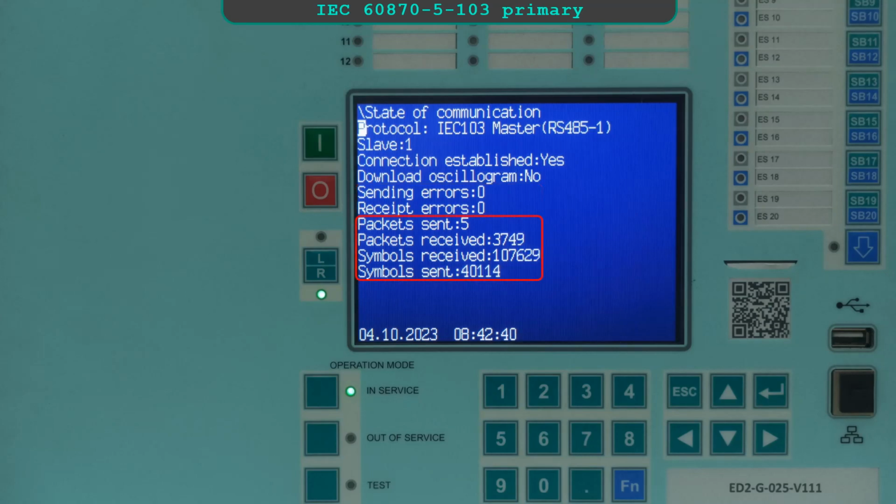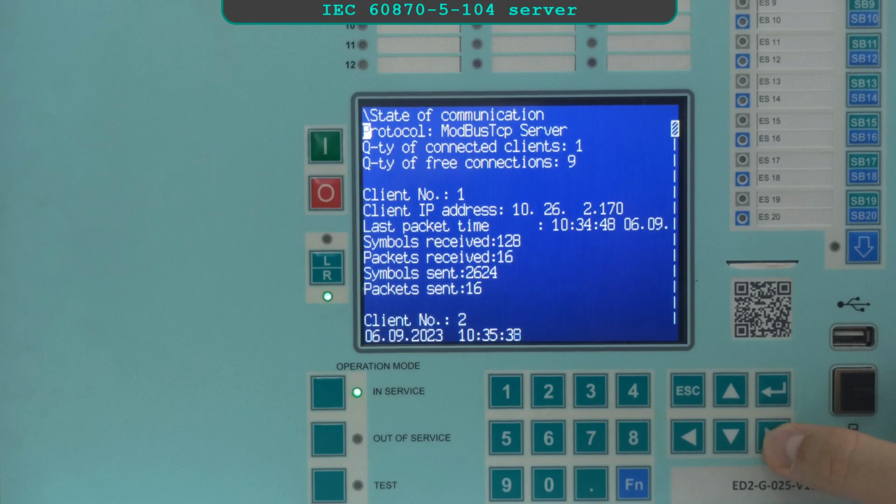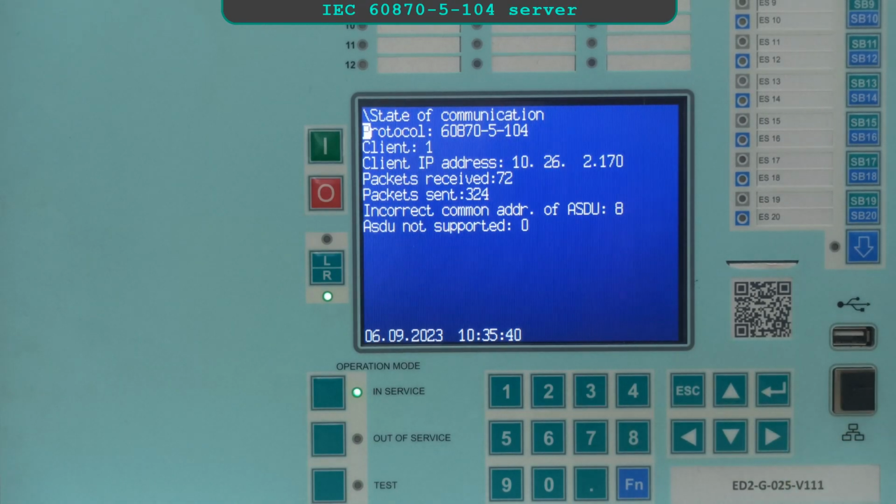If the counters of sending and receiving symbols and packets have the value 0 or the sending errors and receipt errors counters change their value, then it is necessary to verify the setting of communication between IED and external devices via RS485 interface. For diagnostics of data transmission over IEC 60870-5-104, move to the relevant protocol. It shows client IP address connected to the IED over this protocol, values of counters of sent and received packets, incorrect common address of ASDU, defining the format, contents and order of messages, and quantity of messages with not supported